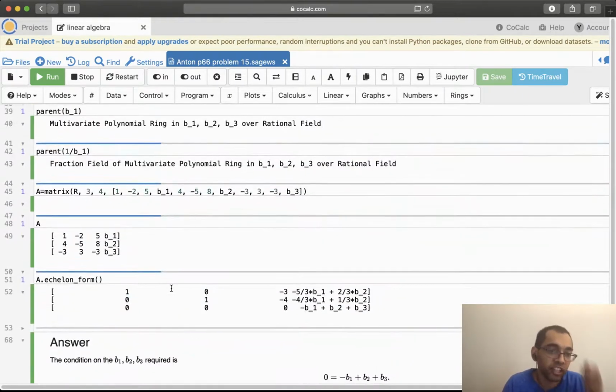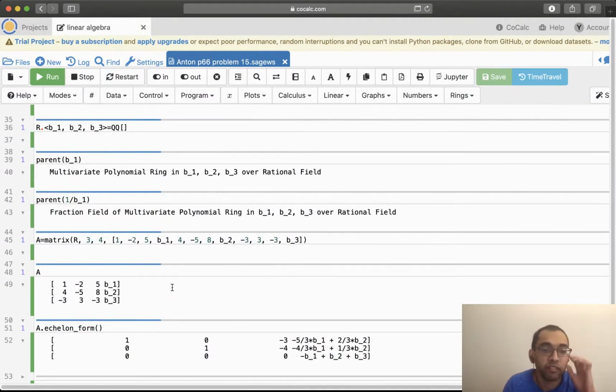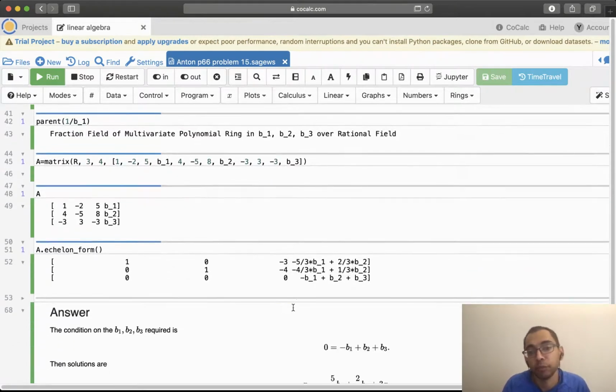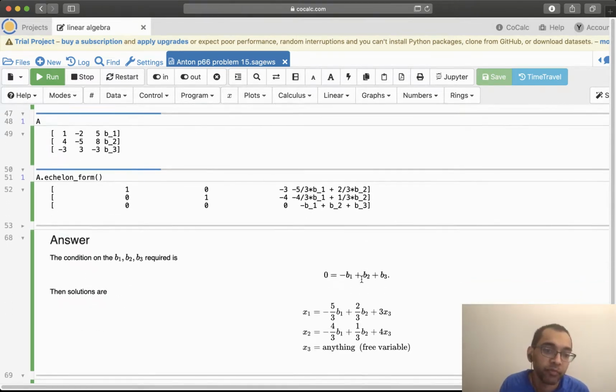But we can't in general divide by 0. Like for example, suppose B1, B2, B3 are numbers where somehow they add up to 0. If you take a negative on the B1, then this thing will be a 0, and that's when you'll get a consistent solution. And so that's the condition on the B1, B2, and B3, is that because this third row, or I guess row 2 in